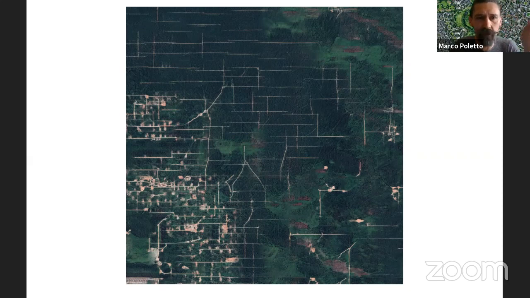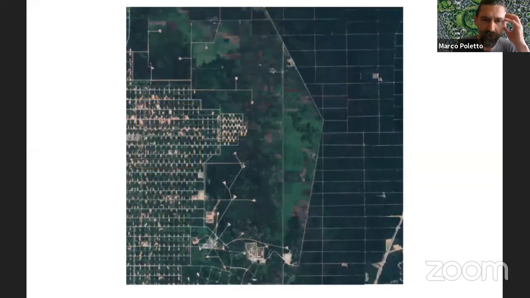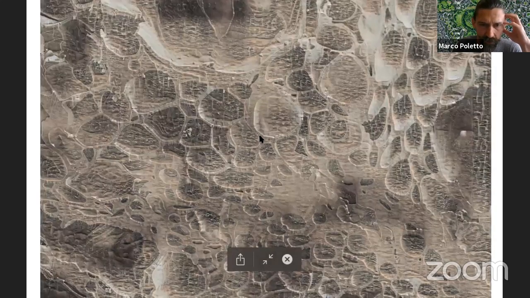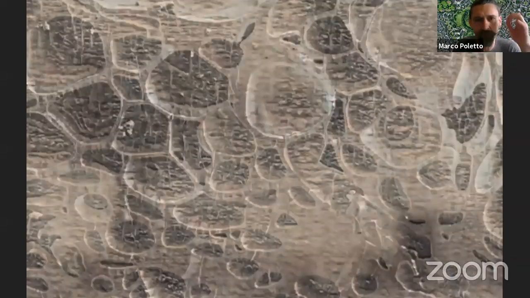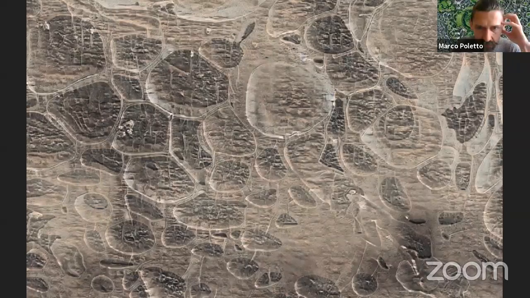But maybe let's go back one second to the previous image that we went through very fast, so I couldn't see it that much. This one? No, the first gun that you ran. Exactly. So maybe you want to zoom in a little bit, and we can try to see what is actually showing inside, because obviously the resolution here is quite